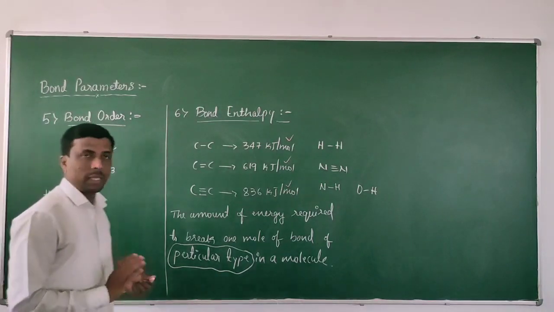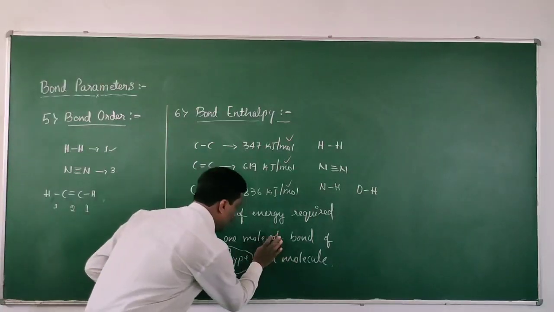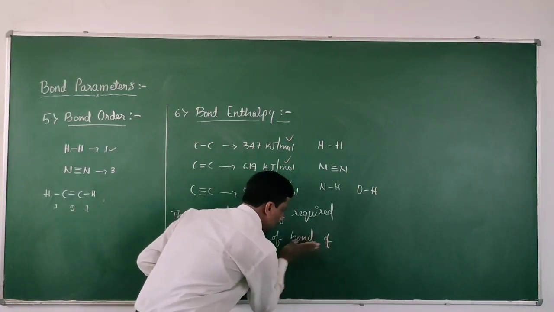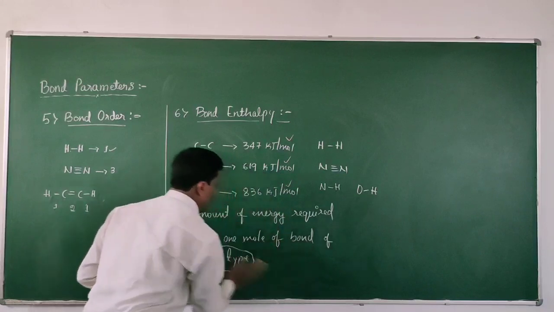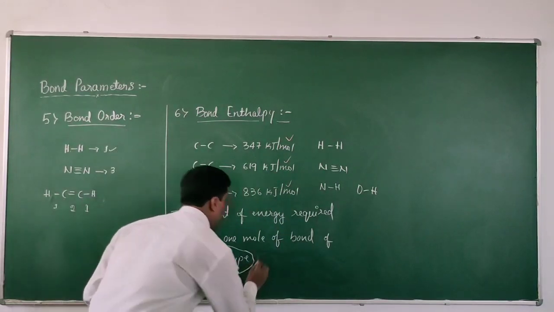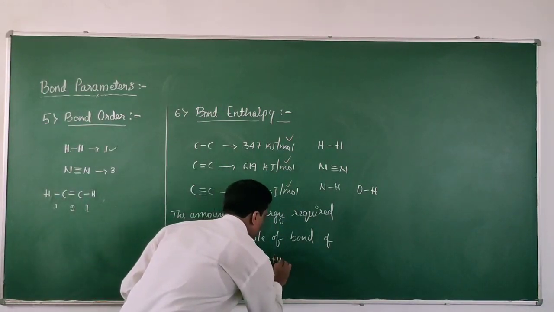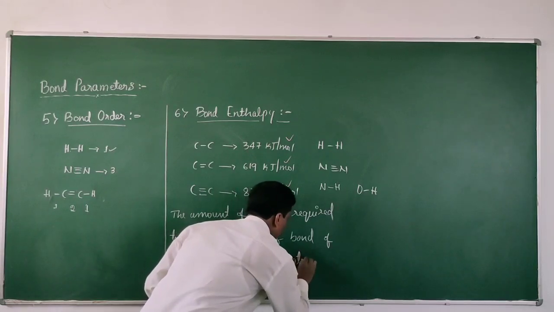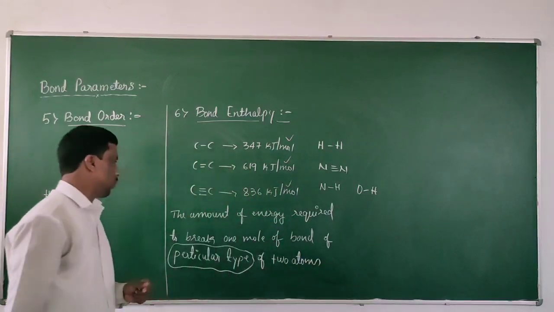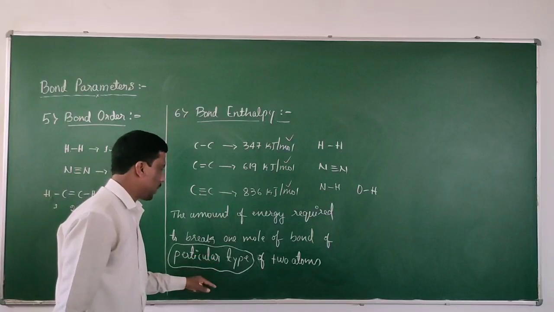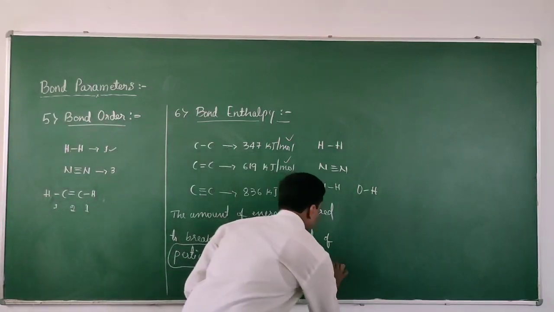Okay, see here students, I want to make a small correction here. What is that? One mole of bond of a particular type of two atoms in a